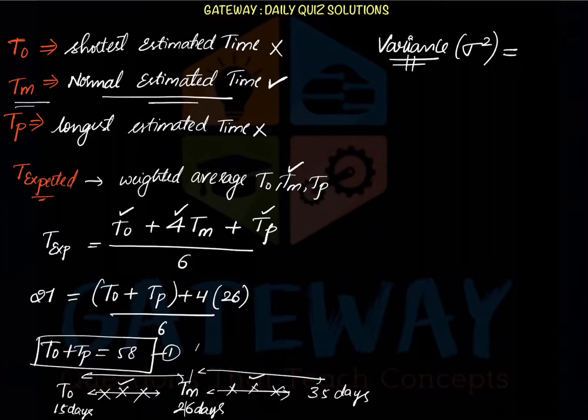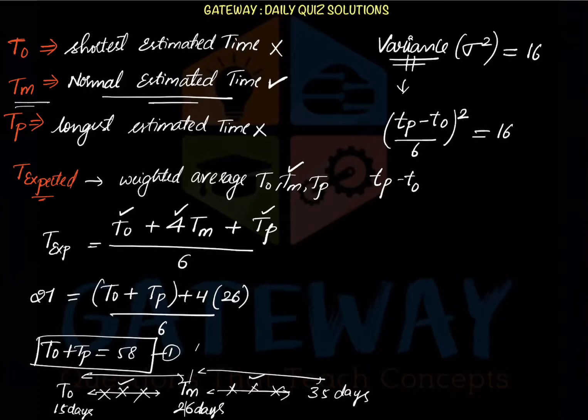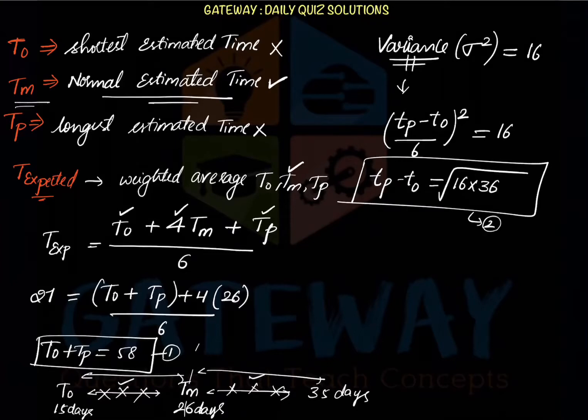In the question, variance was given as 16, and here the variance formula in this case is generally given by (T pessimistic minus T optimistic) by 6, whole square, and that was given in the question as 16. From that we can write T pessimistic minus T optimistic as, if this 6 is sent to that side, it is 6 into the square root of 16, which is 24. And this is our other equation. We know A plus B, we know A minus B, so we can easily calculate A and B. From that we are getting our pessimistic time, that is the longest time, as 41 days, and our optimistic time we are getting as 17 days.